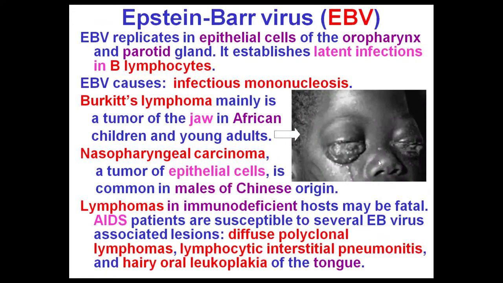But EBV replicates in epithelial cells initially due to the acquisition of the oropharynx and parotid glands. But then it reaches B lymphocytes and establishes latent infection there. And it also causes acute infection there, and the disease caused by EBV is called infectious mononucleosis. And these three complications are due to the